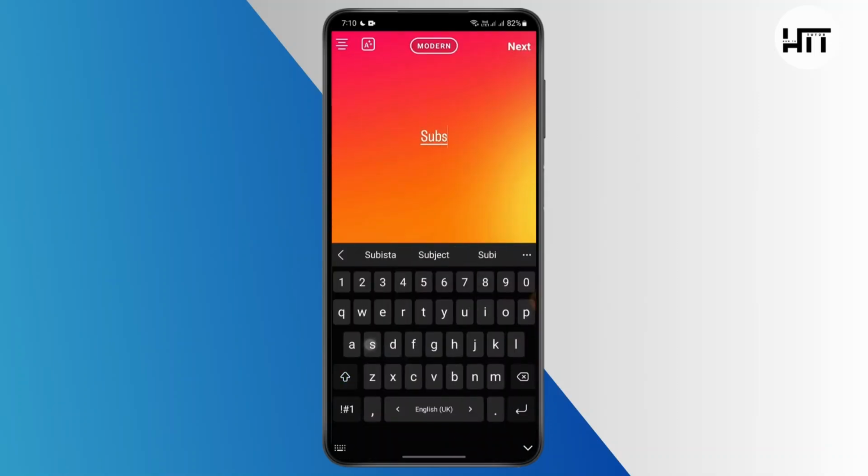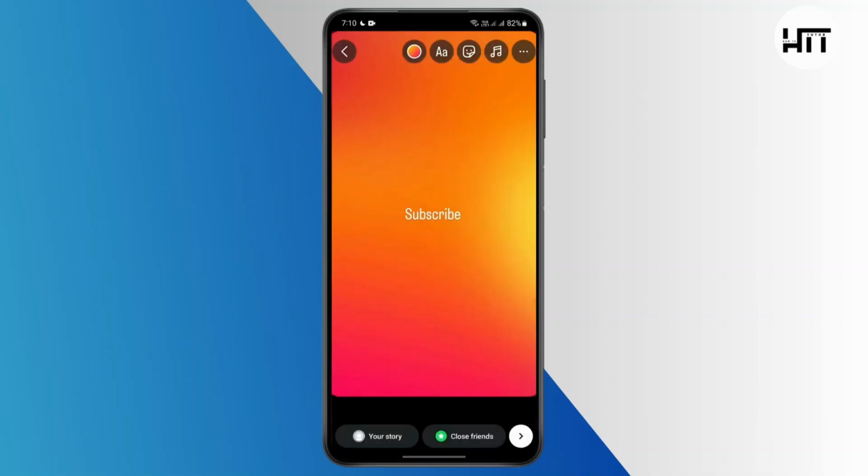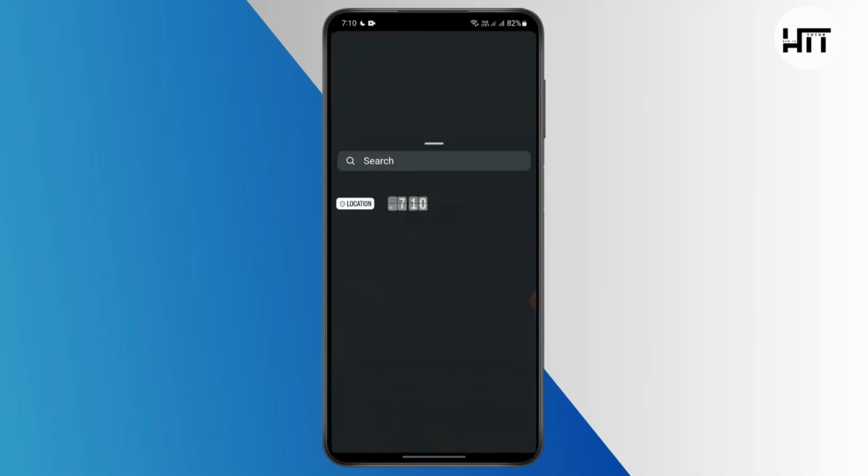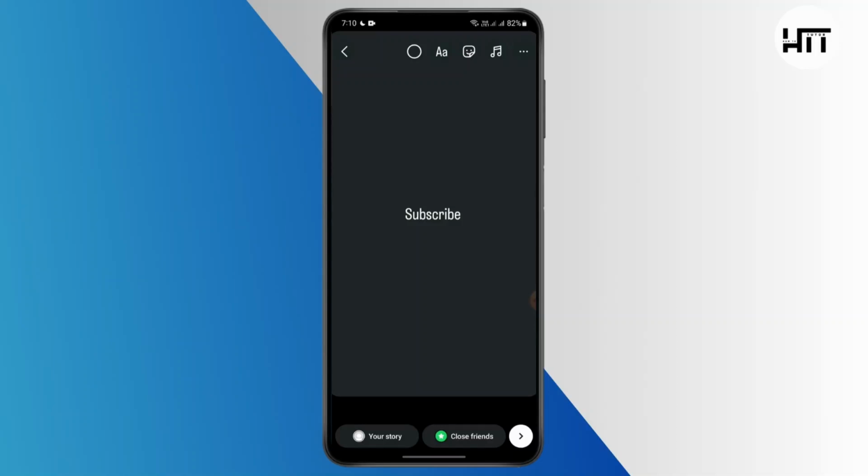I'm just gonna type something for now and tap on next. You can write any text which is convenient for you. You may also change your background if you want when you tap on this here, or you may just add stickers or time, location, and everything. Add music as well if you want. After that, simply save this